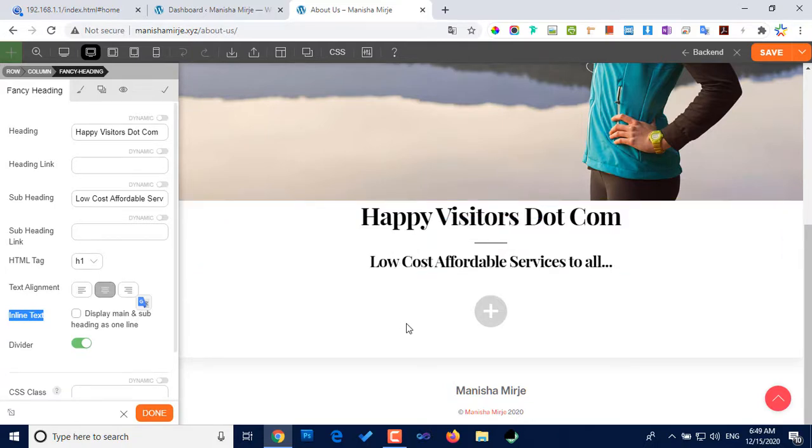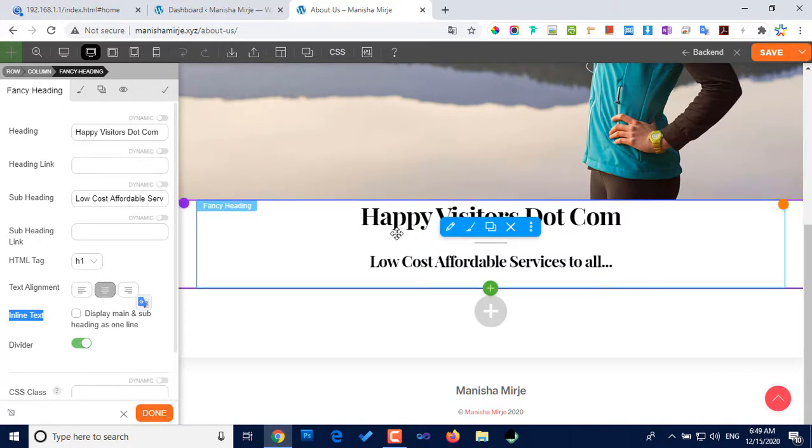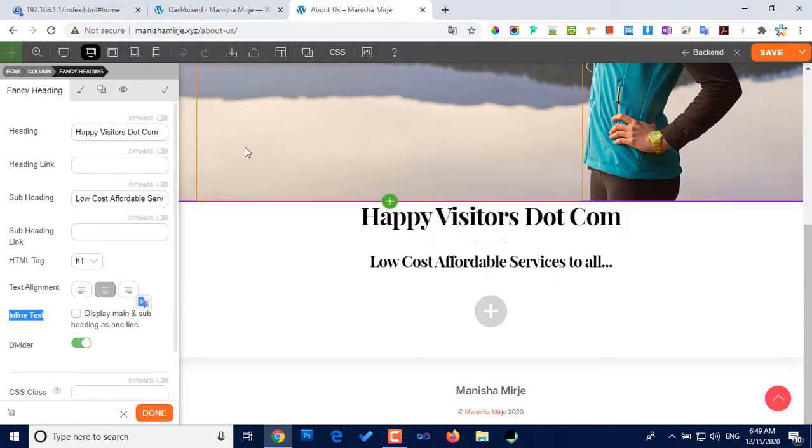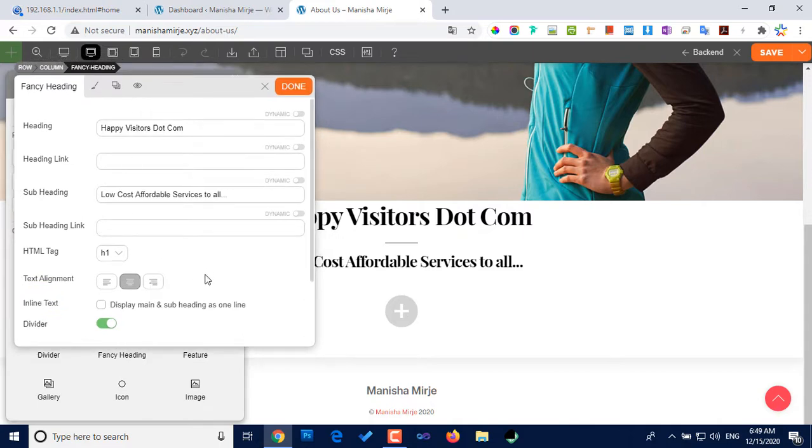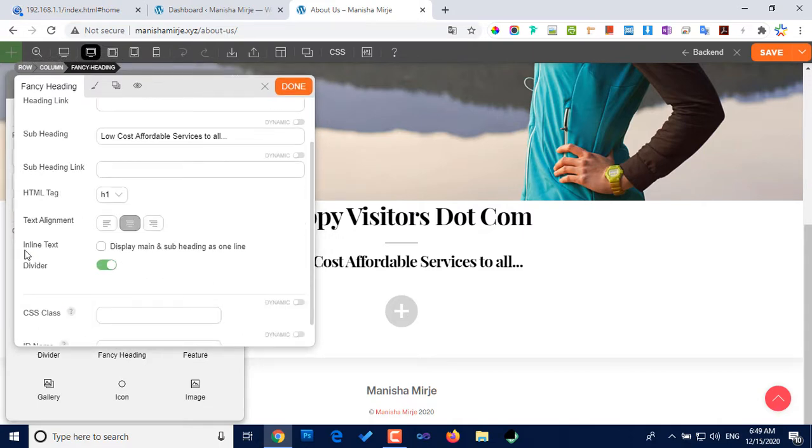Now what if I want to display these two lines on the same line? Okay, let me show you how we can do it. I'll drag this section a little bit to the middle. Okay, and I'll go to the inline text section, and here is a checkbox which says display main and subheading as one line. Okay, if I click on this one,